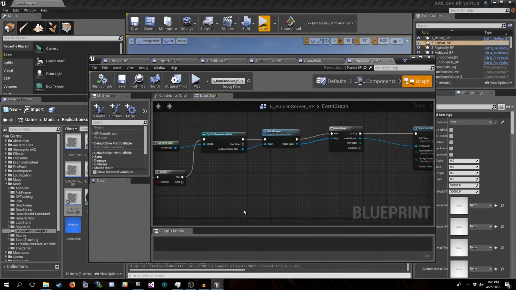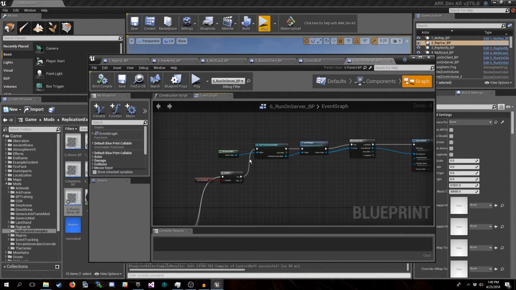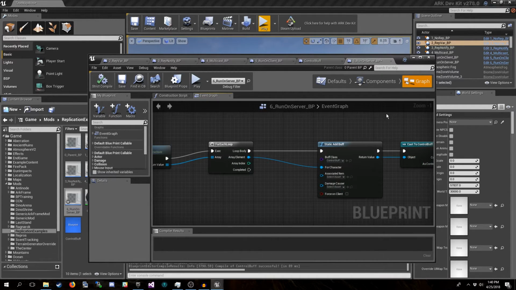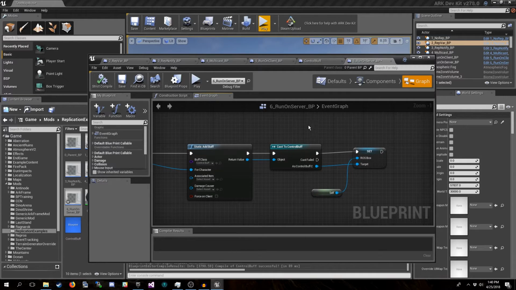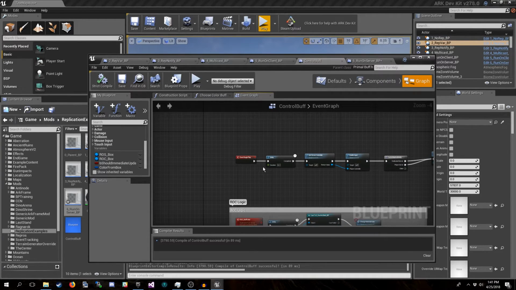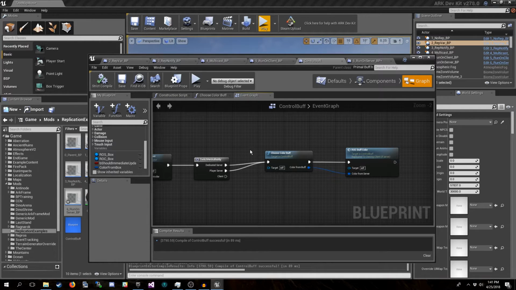Now, it's the exact same bit of code up here that we saw on example 5. Grabs the game state, casts the shooter game state, gets all the players, and then for each player, it adds an instance of the control buff and sets the ROS box value, the run on server box value to this instance. So if we go back to the control buff, it does the same thing. We're doing the delay, we are setting input, and then this is getting called for the example 5.